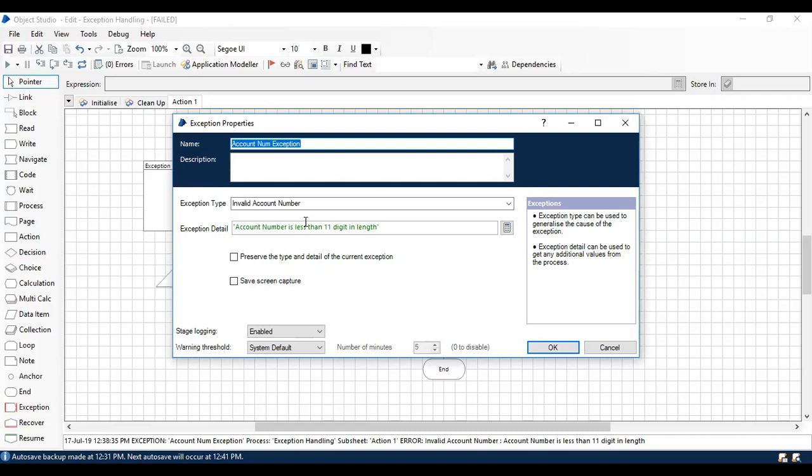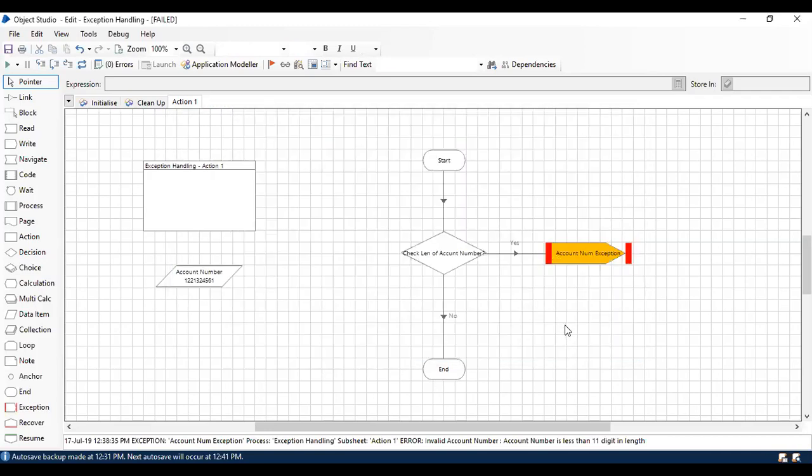Anyway, we are going to discuss more in the next session how to define your exception type and what the basic examples are. So this is the exception throwing part, where you can customize the message instead of having it as a Blue Prism internal exception. See you in the next session on exception type.